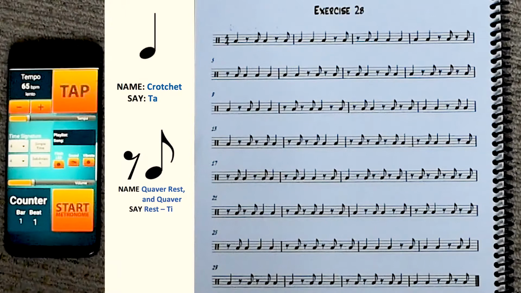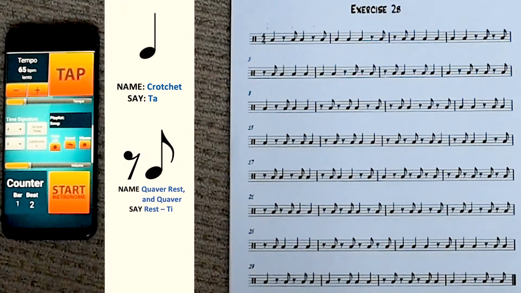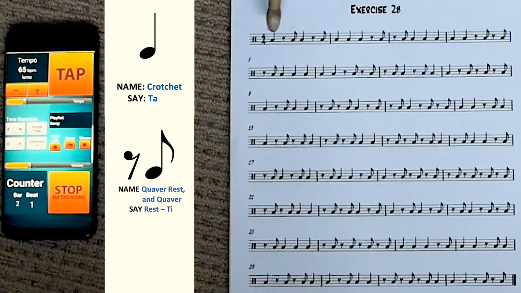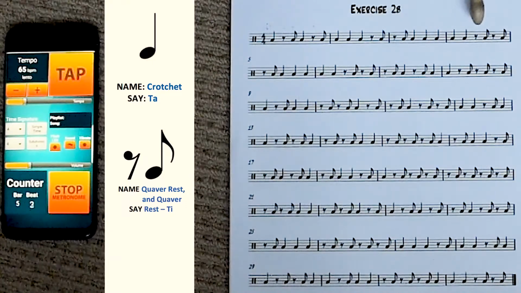Let's do it. As usual, guys, our metronome, 65 BPM. We'll give it 1 bar in. Let's do it. Ready? And ta, rest T, ta, rest T, ta, ta, ta, rest T, ta, ta, ta, ta, ta, rest T,